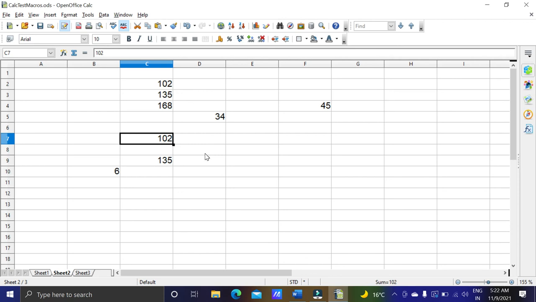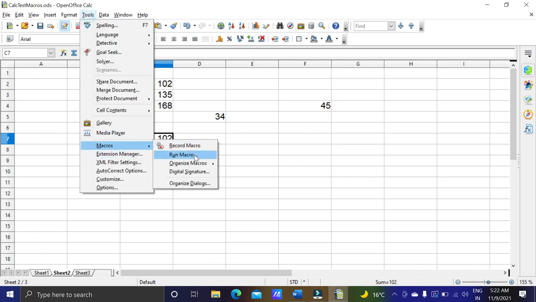Okay, now you can see calc is not able to find my old macro because this macro was not saved in either openoffice.org macro or my macros. It was saved in the library of the file, and that's why it is not coming. Okay, let's save one more macro with another name,